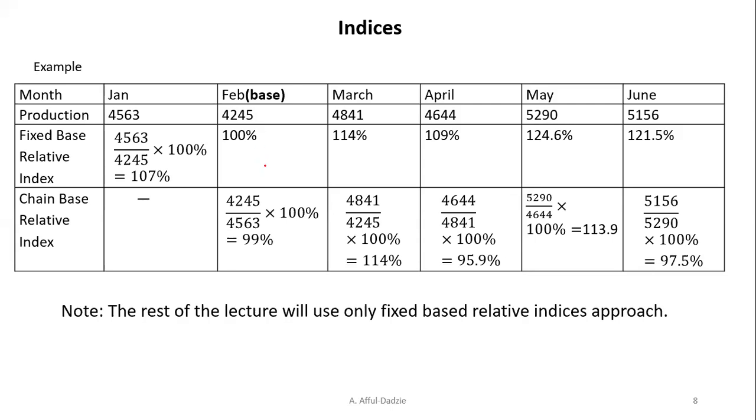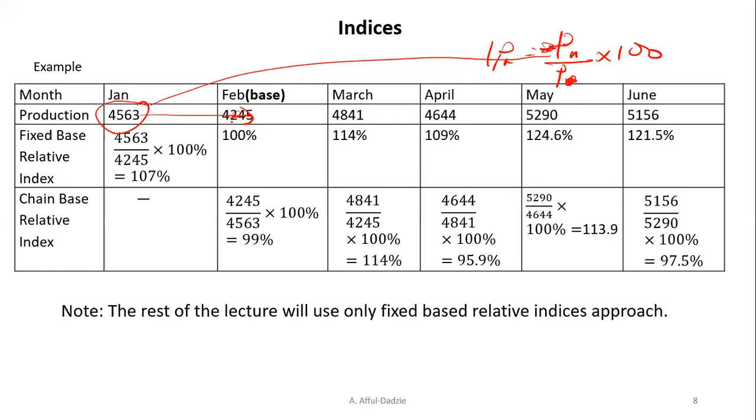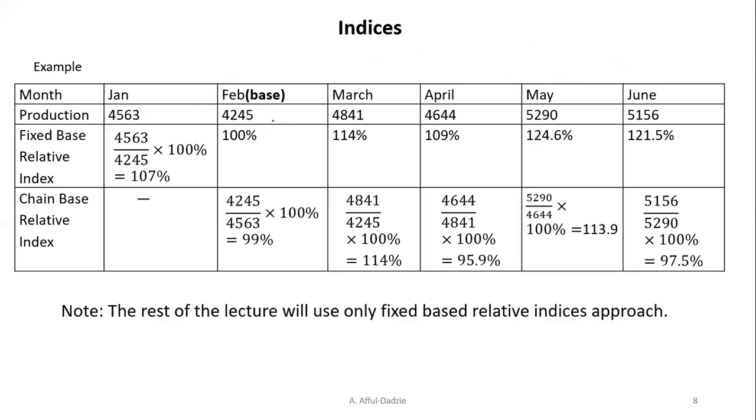Okay, so look at it here. All we are saying is, for the fixed base, there's one specific period that becomes the base. You remember we said defining the price index, it is the new period over the old period times 100. Is that not it? So here, this P naught is fixed. So here we fixed it in February. So if I'm at January, I want to find the price index at January. It is the value at January, which is the P_n, divided by the value at February, which is this. If I'm at February, it is this same value over this same value because that's the base period. If I'm in March, it is